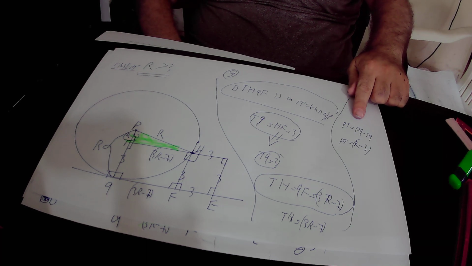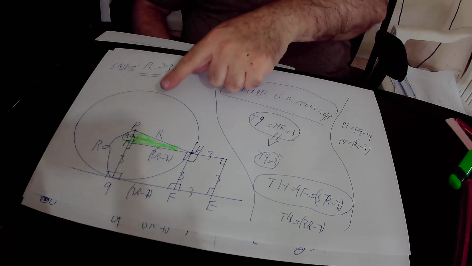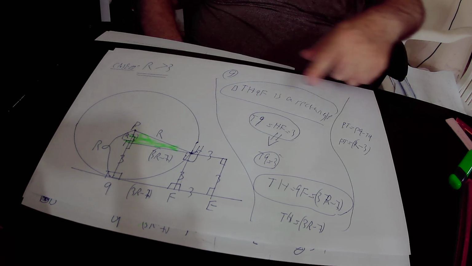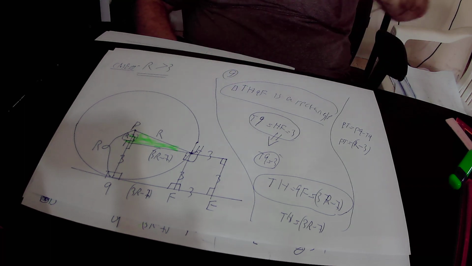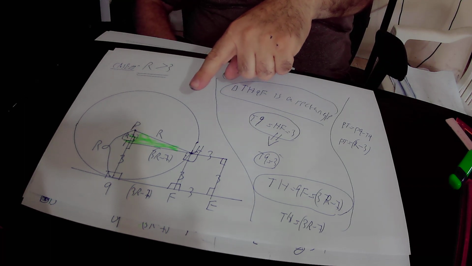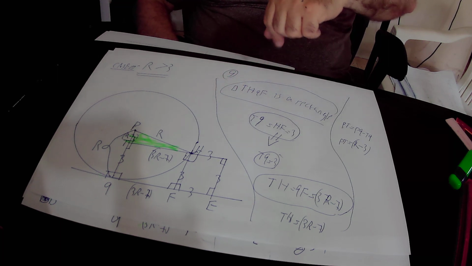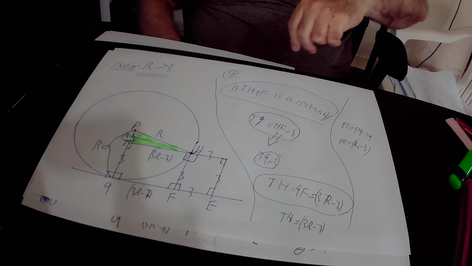Okay, so PT equals PQ, that is R, minus TQ, that is 3. So in total, we found out that PT equals R minus 3. Then I copied this green right triangle PTH in a new page, and we implemented the Pythagoras theorem on this